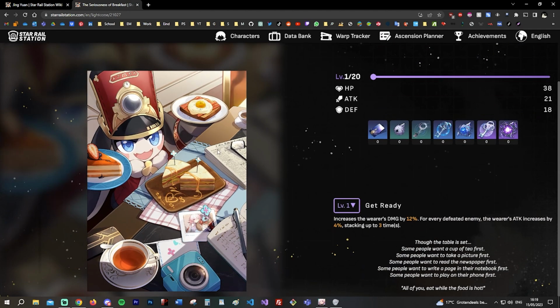This is a free-to-play one. If I remember correctly, you get this as a possible drop from weekly bosses, and we also get one for free, I'm pretty sure. So it reads, it increases the wearer's damage by 12% unconditionally, and for every defeated enemy, the wearer's attack increases by 4%, stacking up to 3 times. So right away, we do see a conditional that you need to defeat enemies, but the stacks are permanent. So once you've defeated 3 enemies, you get this attack buff until the end of the battle, which is, in